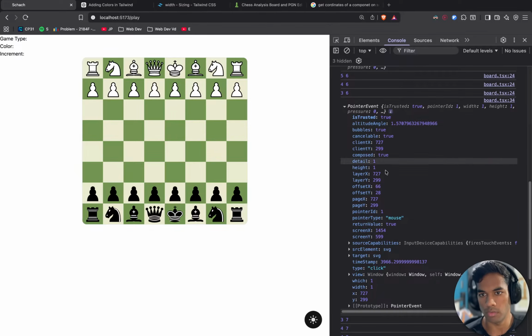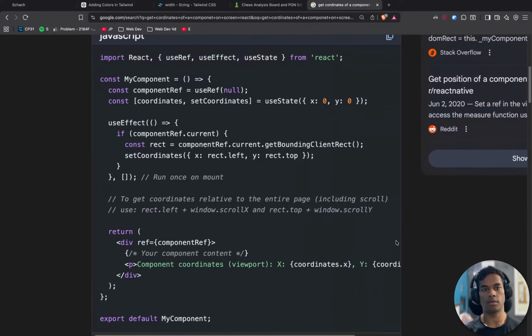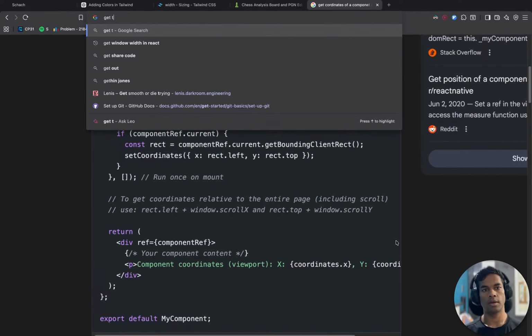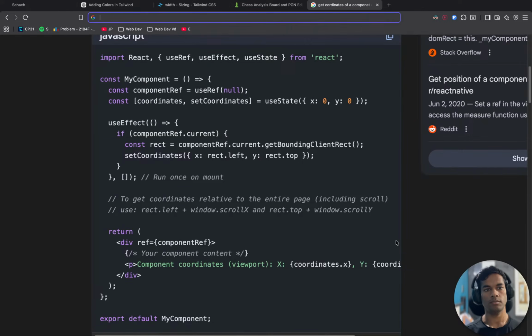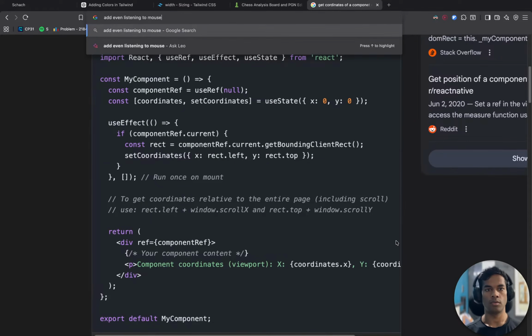But we do not know the type of click. Get the mouse click on MDN.